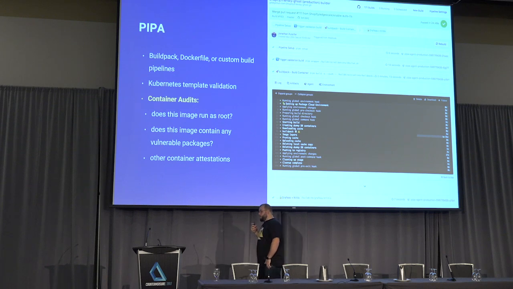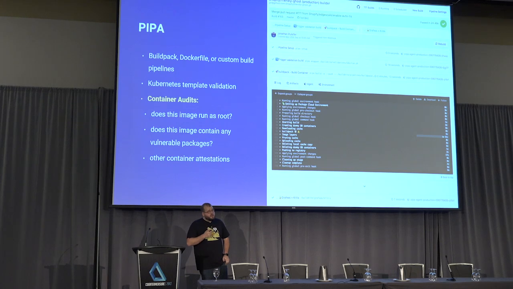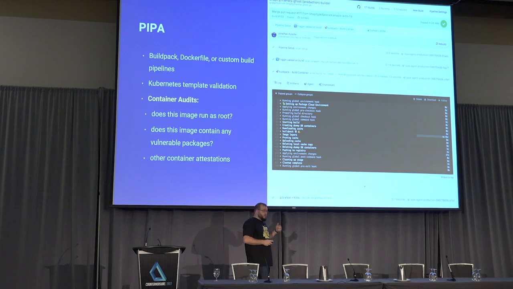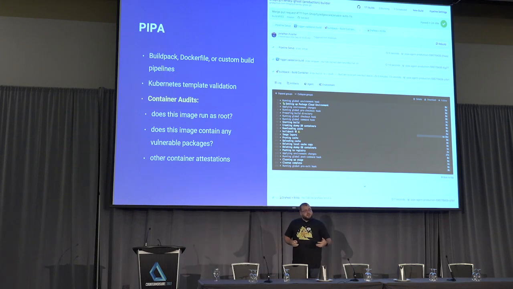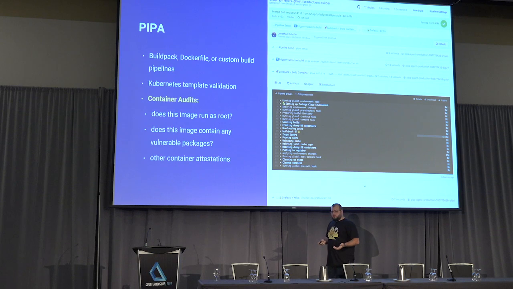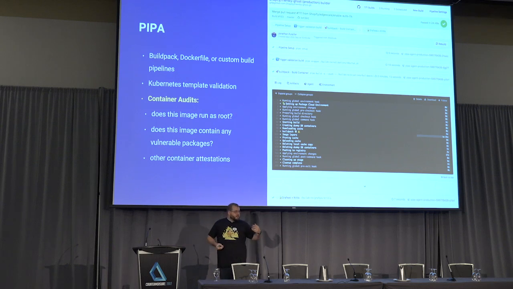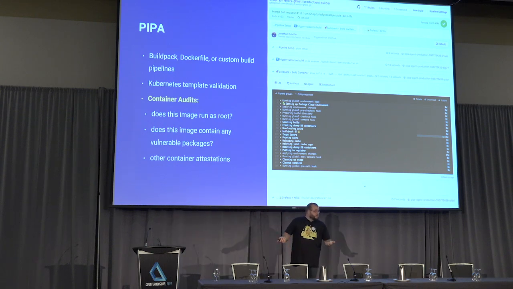But build time is probably the time where we have the most context into what is running or being installed inside of a given container. And with this, we can audit and start creating checks that will allow us to automate our lives away, and we're going to talk a little bit about those. So what we can do at container build time is check for the presence of a user directive. If you remember my bad versus good Docker file example, I specified the user, and we can check for that to ensure that the container is not running as root, because I would consider that bad.